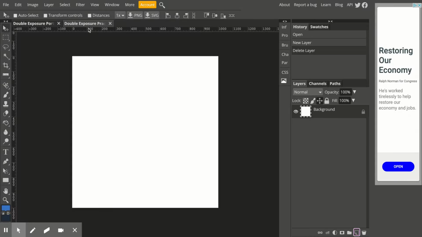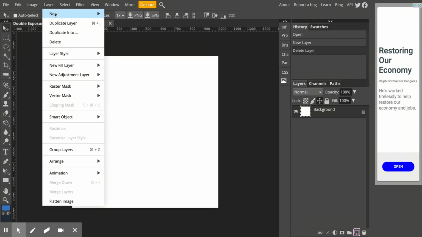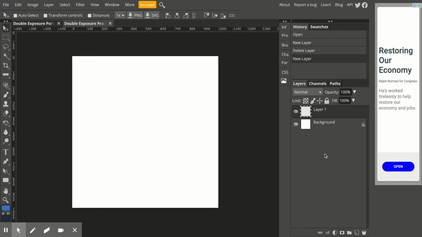Your other option is you can come to the top of your screen where you see the word layer, and you can go to New and select a new layer that way as well. Either way works the same, just two different options for you. I usually use this little layer icon at the bottom of my layers panel because it's just a little bit quicker and easier. So create a new layer,